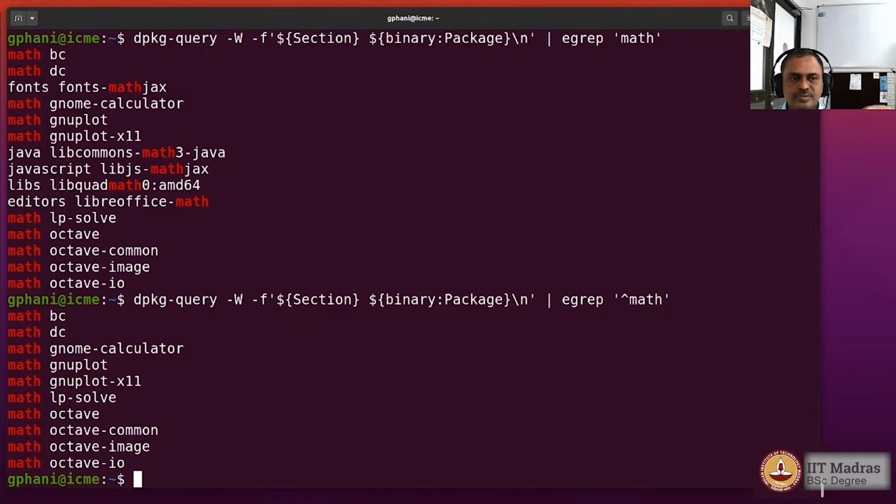Now there are some packages which are coming from the KDE graphical user interface of Ubuntu, and the default GUI for Ubuntu is GNOME. So you can look at those also here. Okay, so